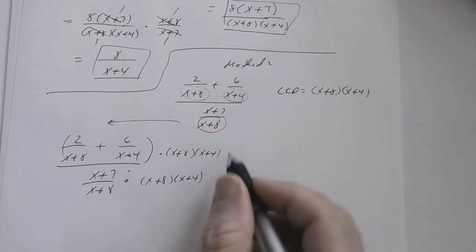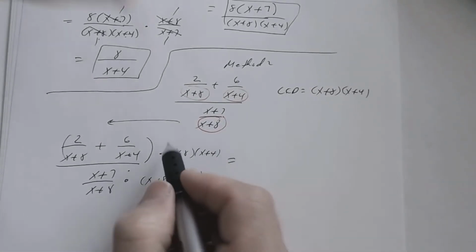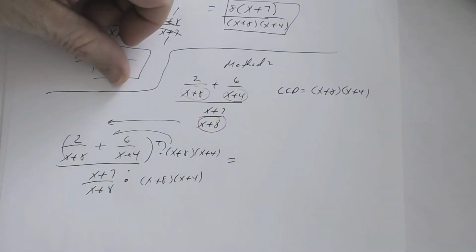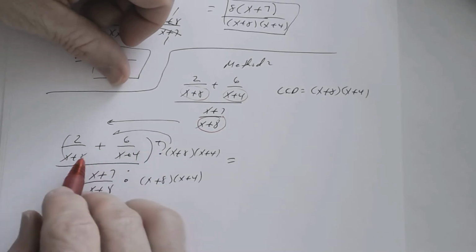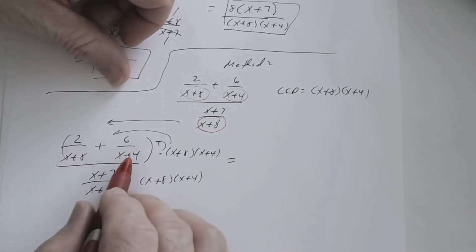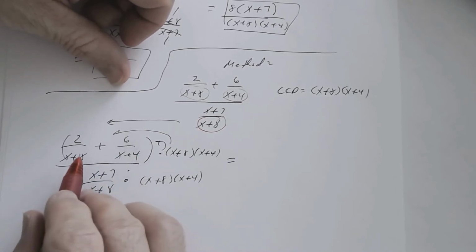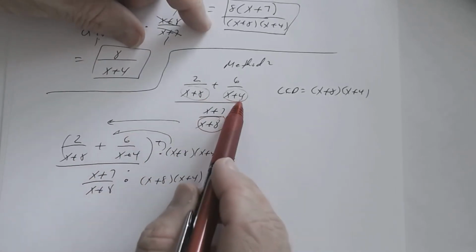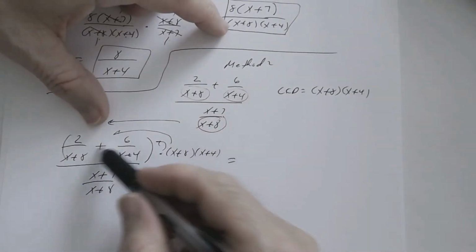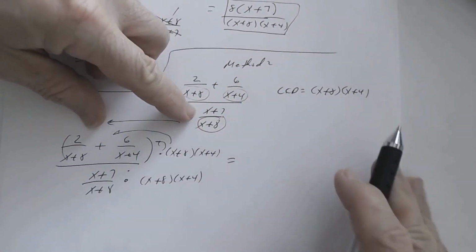Okay? And now what you're going to do is distribute. And remember, the whole point of multiplying by the LCD is to get these factors right here to be 1s. These denominators to be factors of 1s. Remember those that I circled? I want those to be factors of 1s. Okay, so when I distribute, I don't know if I'm going to have enough room here, but I'm going to get